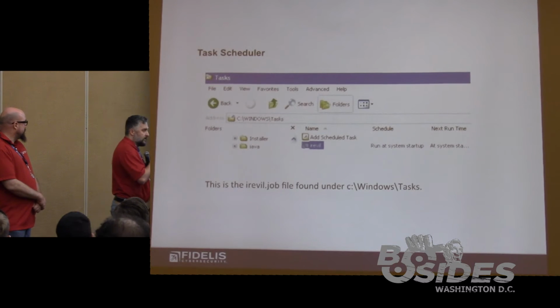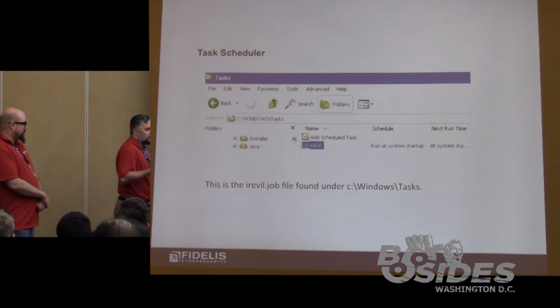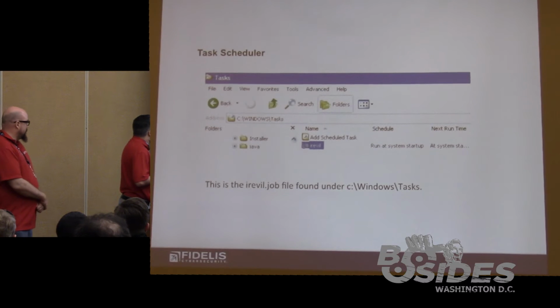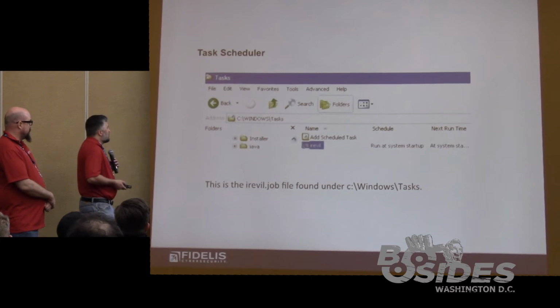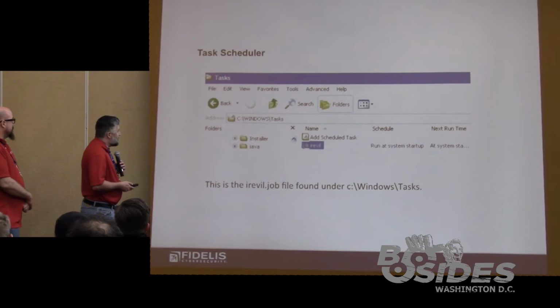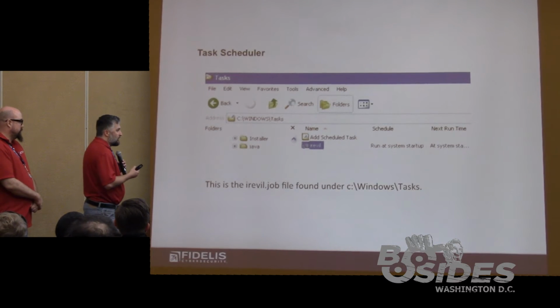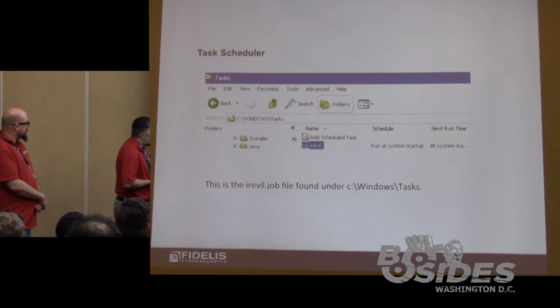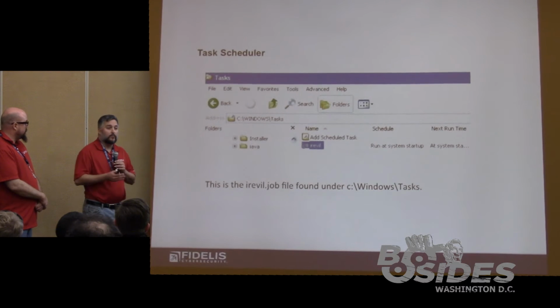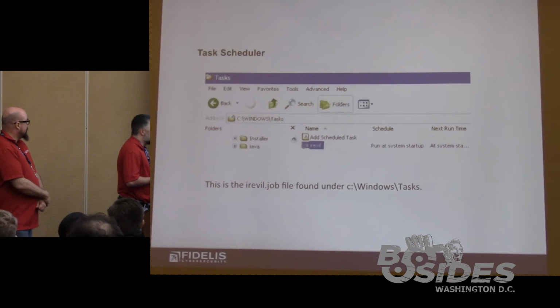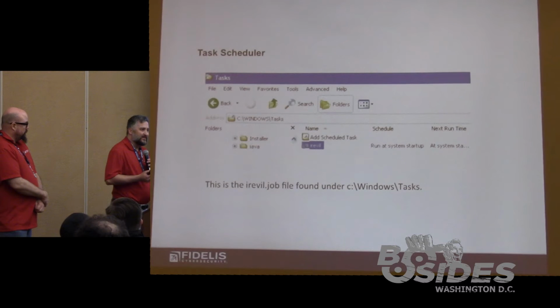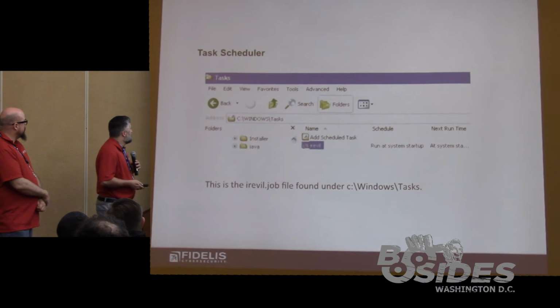Now, as I said, that schedule log text file is a log file essentially. There's actually .job files that get created when we set up a task. And so we see in this case here, we've got IR-eagle.job. We can actually open that up in the task scheduler and take a closer look and see some more information about that particular job. So, just a couple of different things to look for when you're initially just trying to kind of triage your file and think, maybe we need to take a closer look at this.